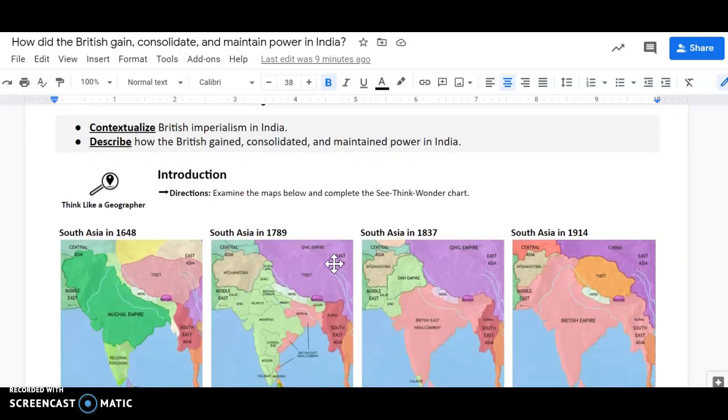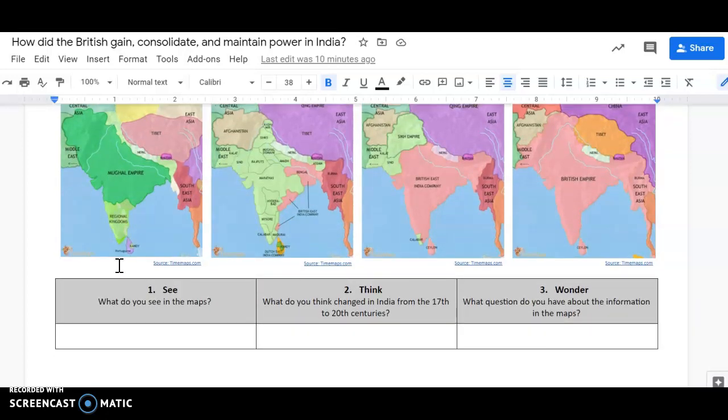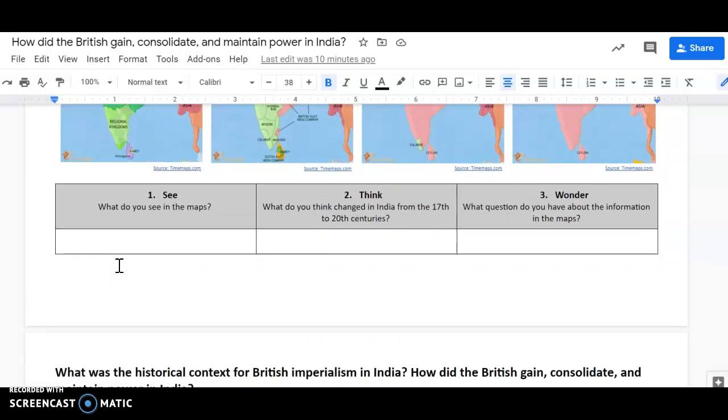So it starts off with a See, Think, Wonder chart of images of South Asia. Remember, we talked about the Mughal Empire way back in October, and I said that they were definitely one of the top five major world powers in the 1500s and 1600s. All right, so complete the chart,